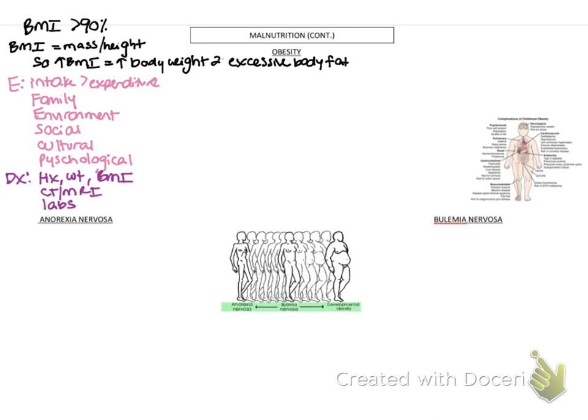We might get labs, like cardiac labs, glucose, to make sure that this isn't leading to secondary complications or conditions. And we might even get a sleep study if their obesity is causing them to not rest well at night. And again, that's why we ask about rest and sleep. So the biggest treatment is prevention, if we cannot get there in the first place. That's why peds focus so much on anticipatory guidance and going and talking with the parents about what to expect and trying to prevent it in the first place.